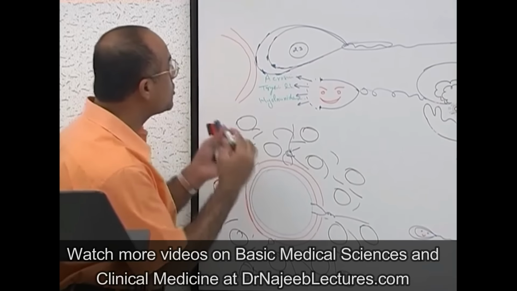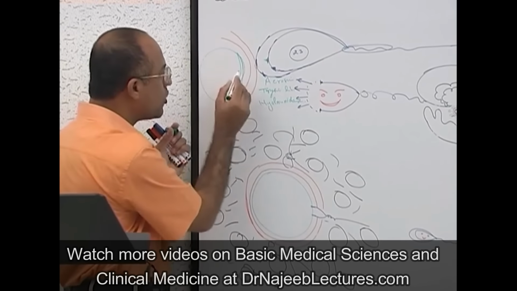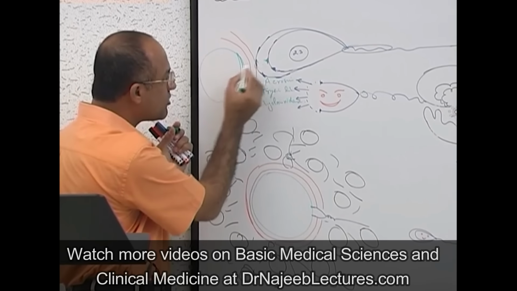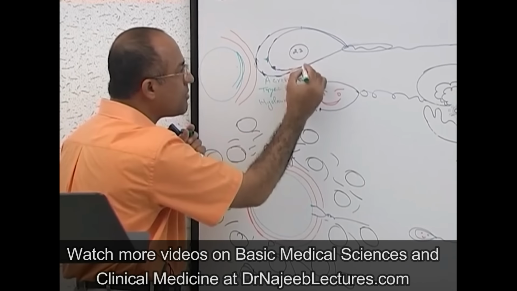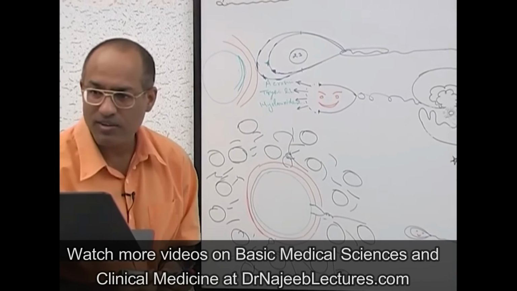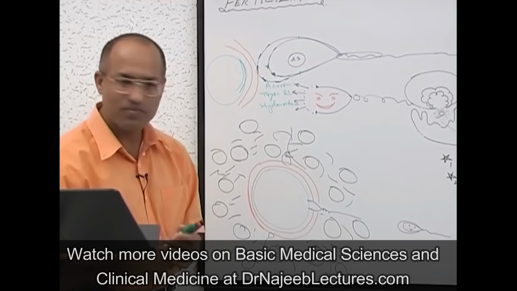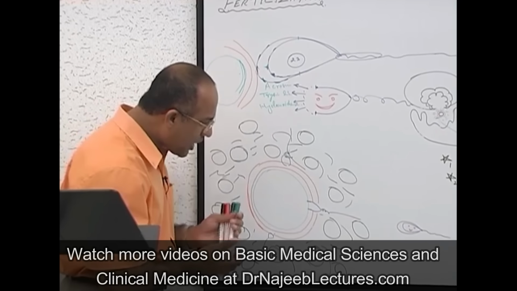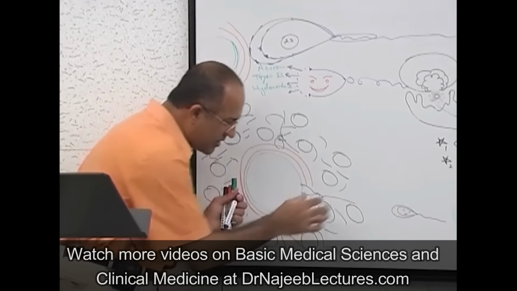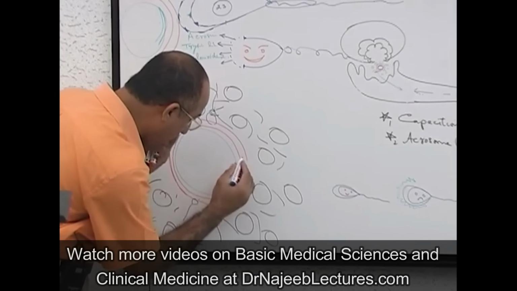Is that right? So this is the ovum. This part of the membrane does not fuse with the ovum. It is this part of the membrane and this part of the membrane, because this part of the membrane is lost in acrosome reaction. Is that right? Now, let me make the sperm now, it is successful, it should be made with more respect.